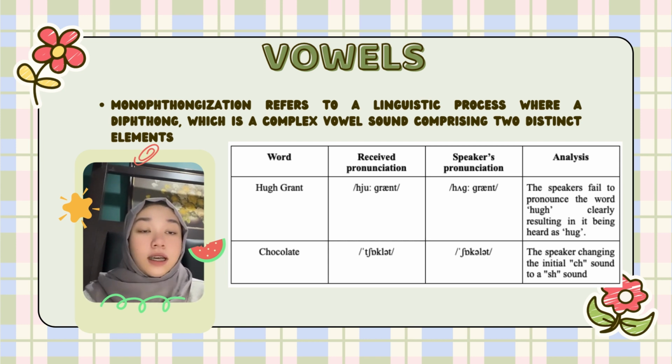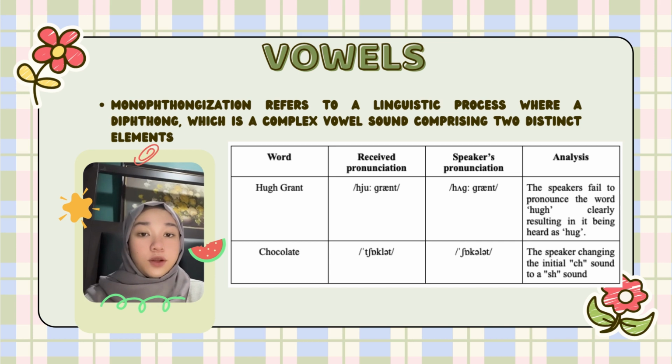The first thing that I am going to present today is about the vowels. So the first vowels component is the monophthongization, which refers to a linguistic process where a diphthong, which is a complex vowel sound comprising two distinct elements. So there are two words that I have identified from the podcast, and I have analyzed them from the podcast itself. So the first word is the hyogram, which we need to pronounce as hyo, but the speakers from the podcast pronounce it as a hagran, which is wrong there because we need to pronounce hyogram as